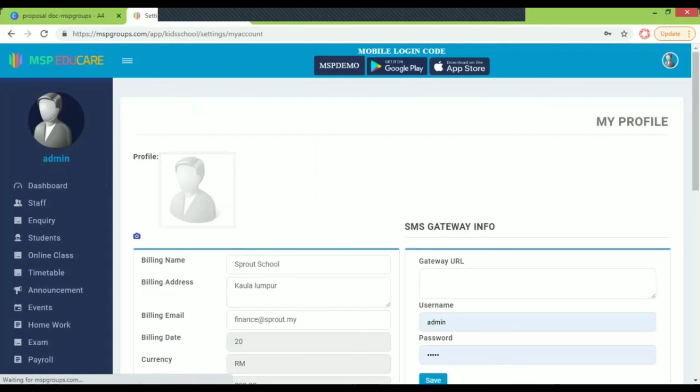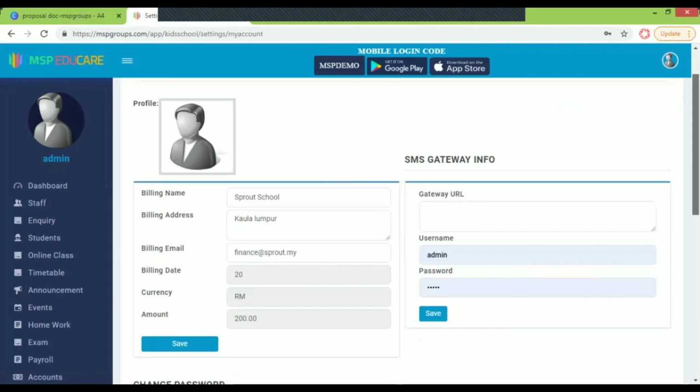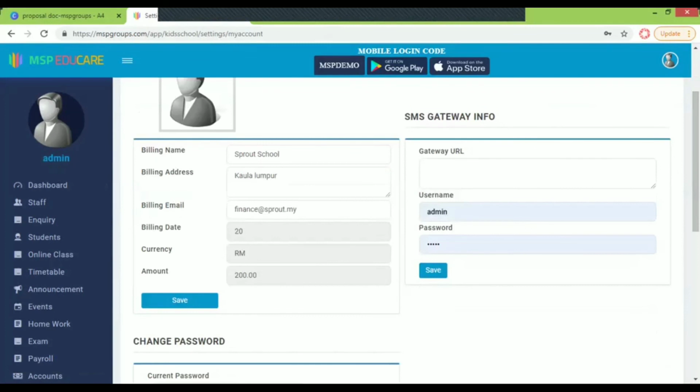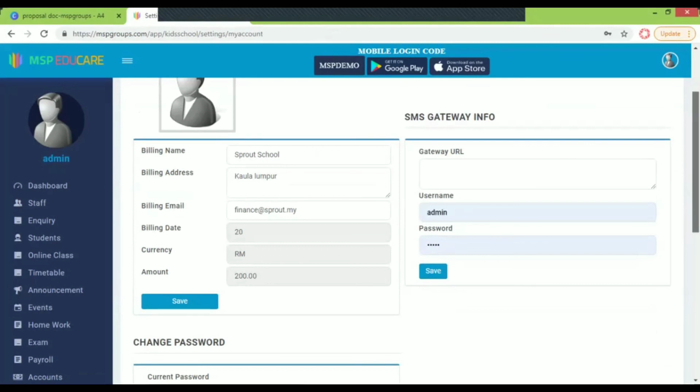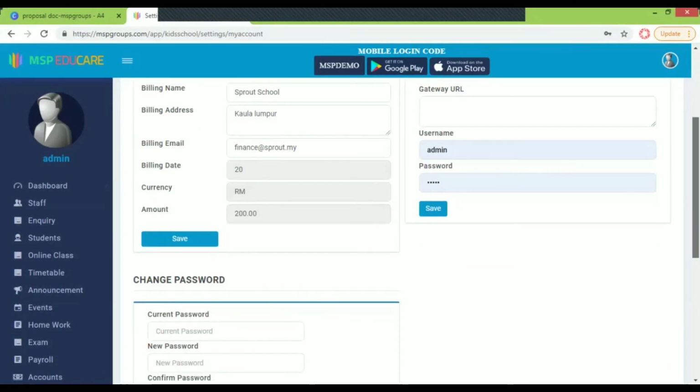So you could go here, you could check, you could add the profile pic over there, and the billing name, the billing address, the billing mail ID, what is the billing date. Then comes which type of currency we are going to use and what is the amount of it. And then we also add the username and password over here and we save it.